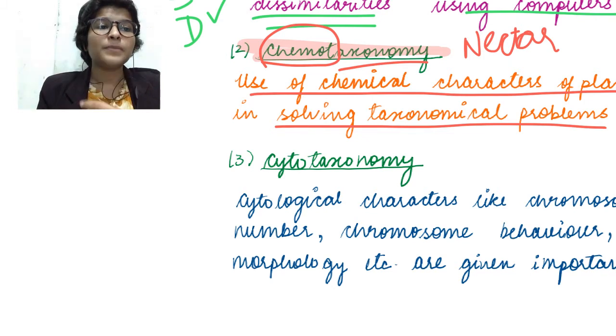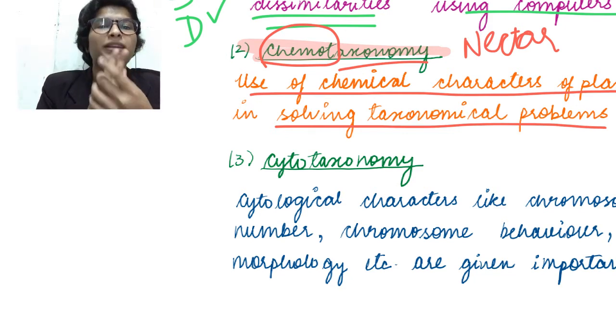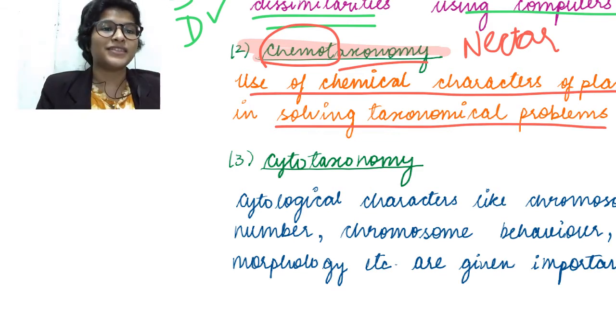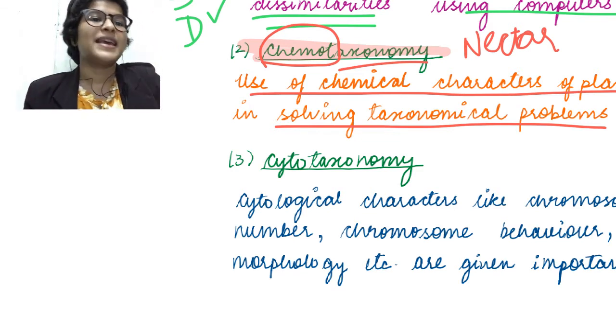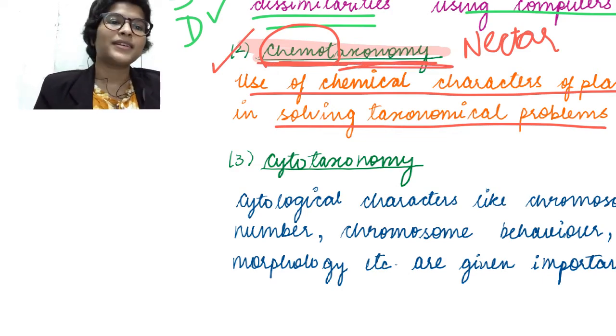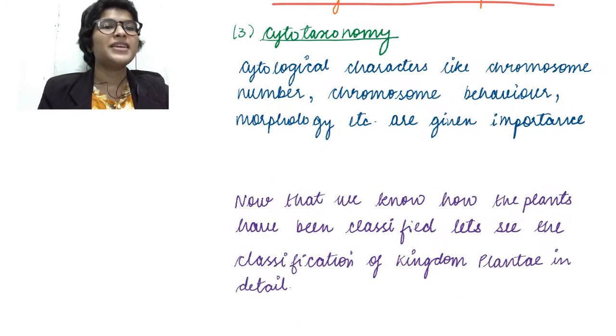So if the chemical constitution of two similar compounds is the same, therefore it tells us that these two plants are closely related, or rather the same species. So these chemical characteristics have been used to classify plants, and this is called chemotaxonomy. Okay. So going on to the third secondary type of classification, that is